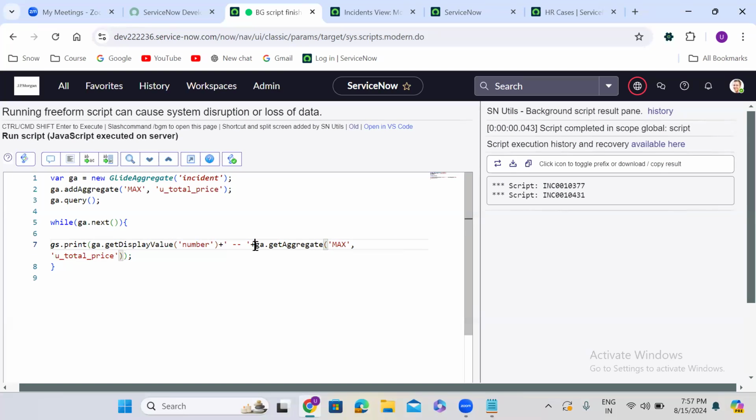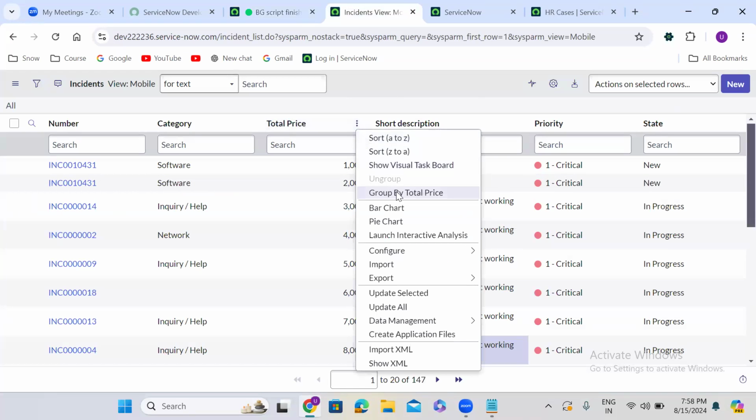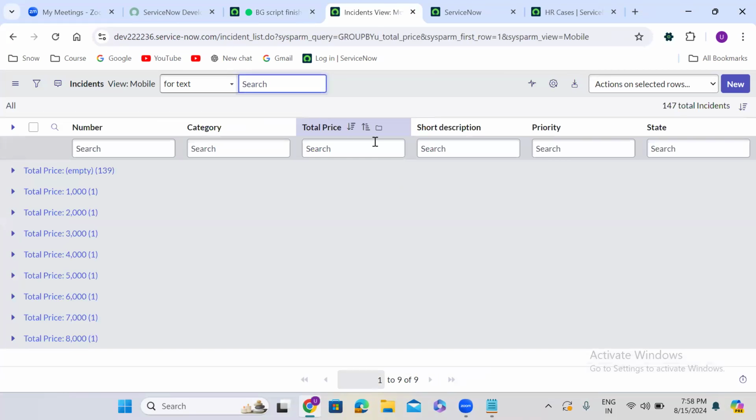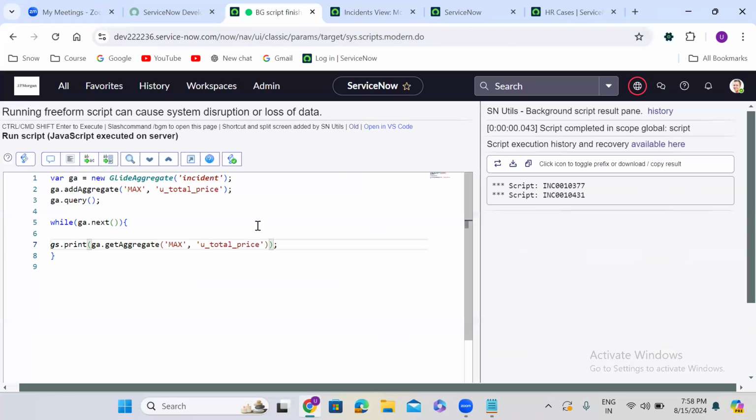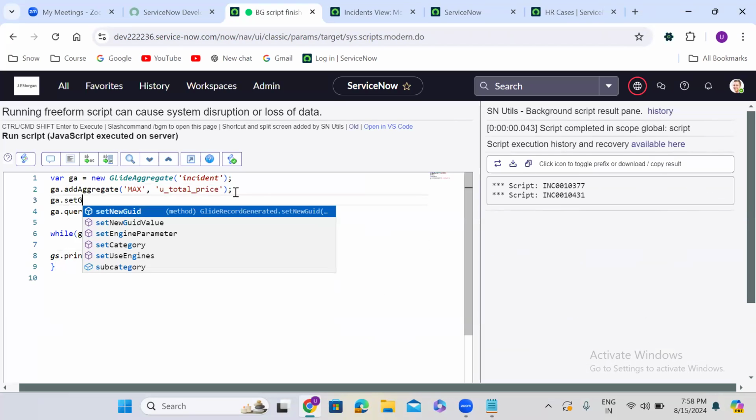So I want to get the maximum value. Guys, here by default, GlideAggregate will group by. Group by in the sense it will do like this one. By default, GlideAggregate will group by. So instead of grouping by, what I am doing is I am writing a line called ga.setGroup